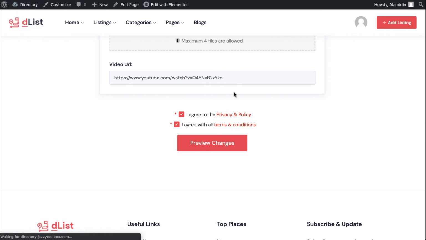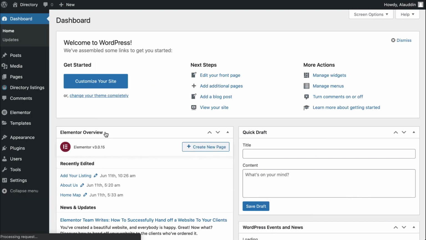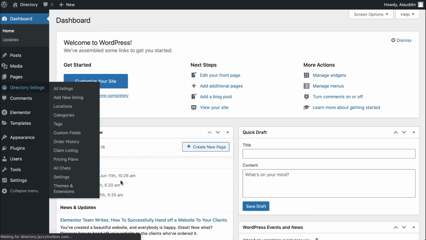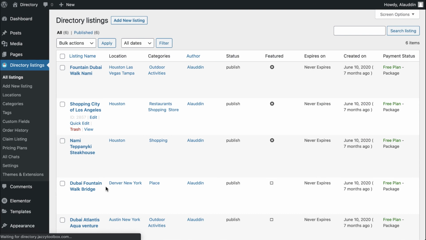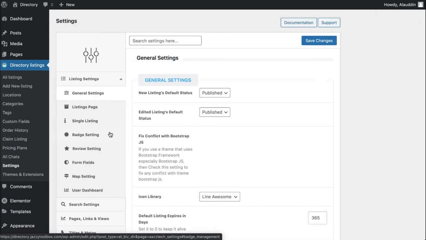So those were the 2 things that I wanted to show you, like how things are configured in regards to the settings and the fields for your listing, which is the form fields, and then the pricing plan, which is your different plans that you have. And